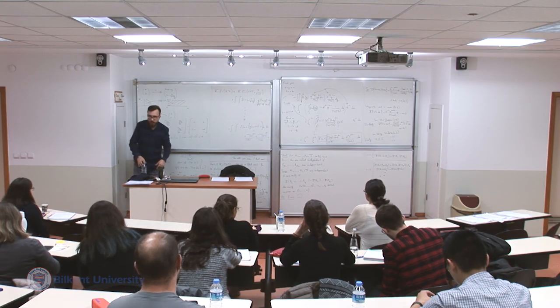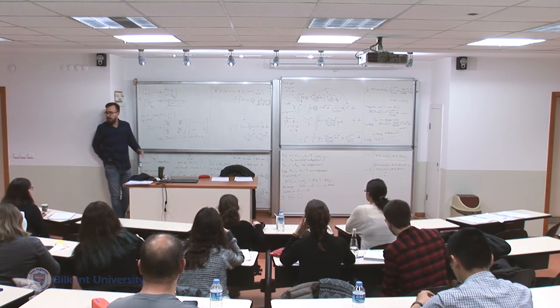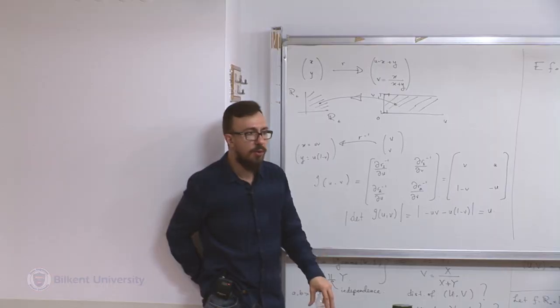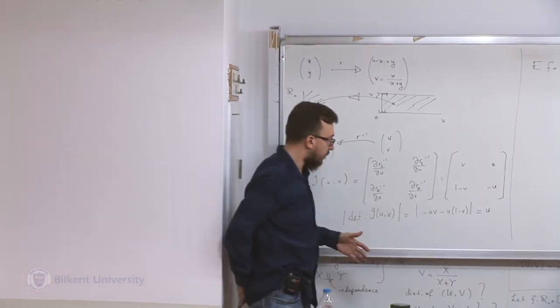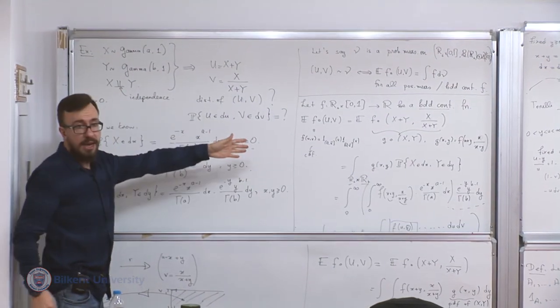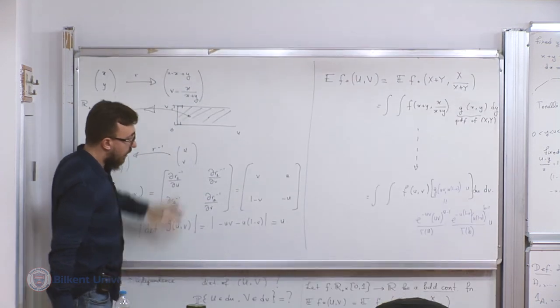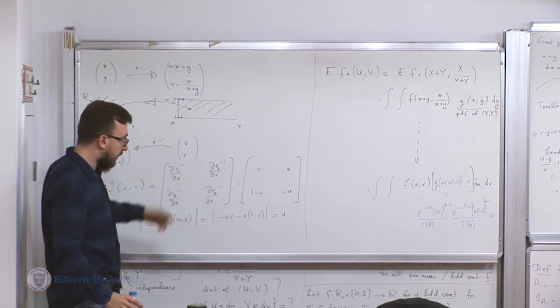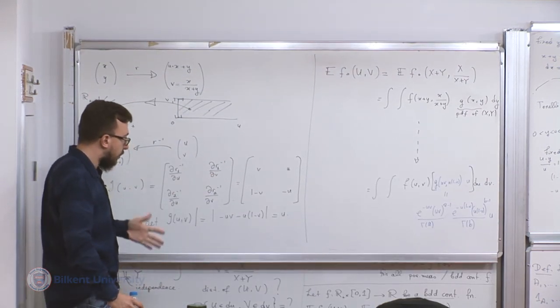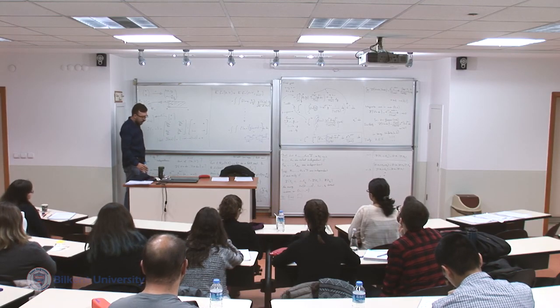So I tend to forget such things. I don't really remember how to calculate Jacobians, etc. So I personally always prefer to go with substitutions whenever I can. Of course, if I cannot, I have to use this method. If I cannot do it one by one, if it gets impossible or too complicated, then there is a shortcut. OK.